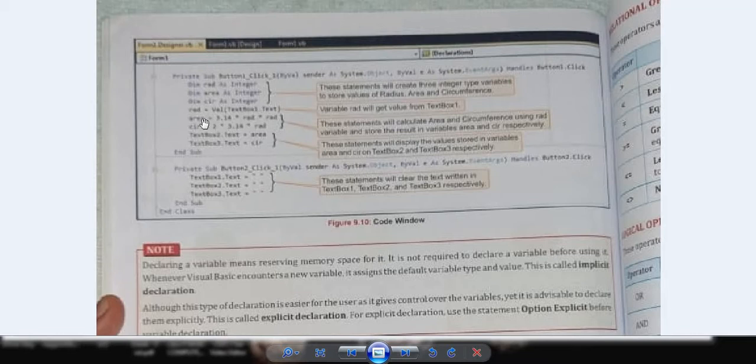In this program, we want to calculate the area and circumference, so what do we want to ask from the user? We want to ask for the radius of a circle. If he gives the radius as an input, our program will calculate the circumference and area of that circle. So from this coding we can understand